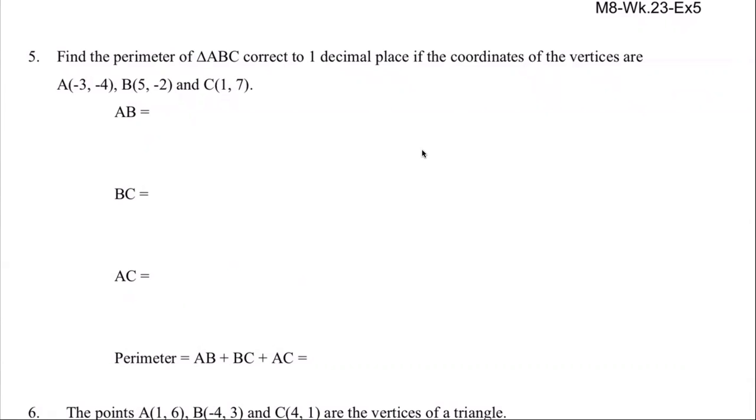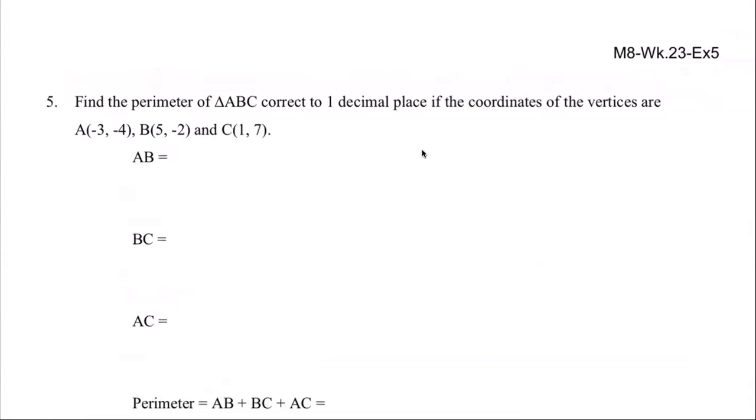But after all, we still need to use the distance formula, right? So AB, again, let me write this. The distance is equal to x2 minus x1 squared plus y2 minus y1 squared,